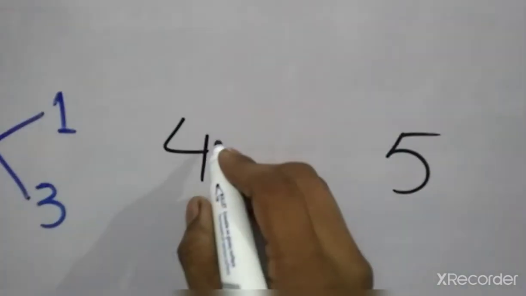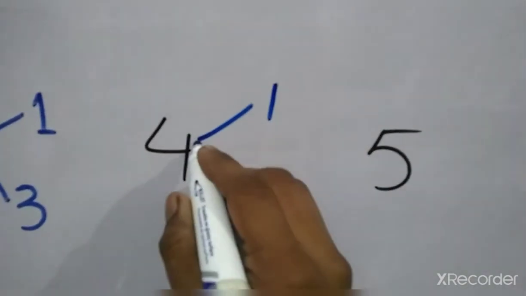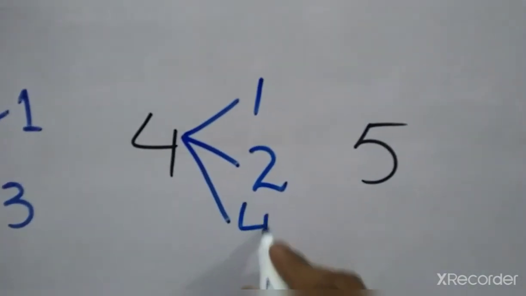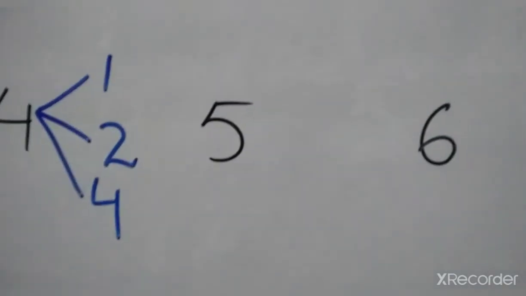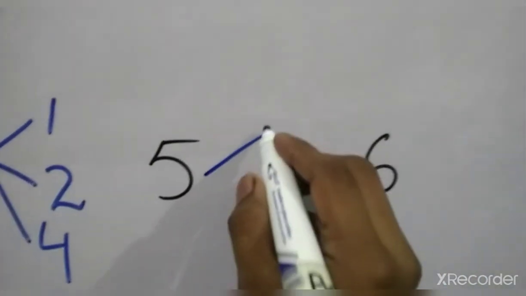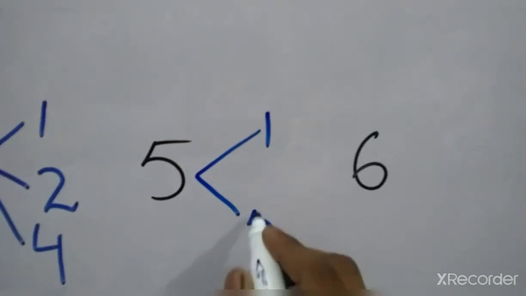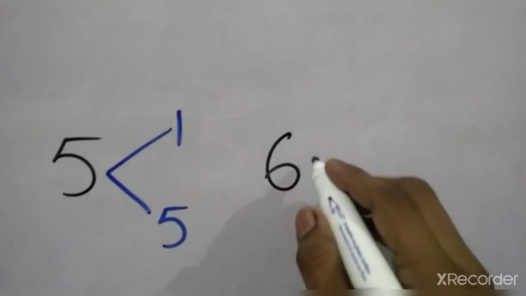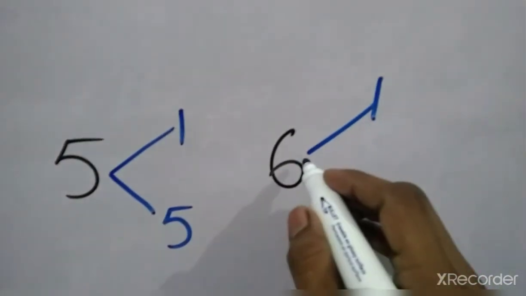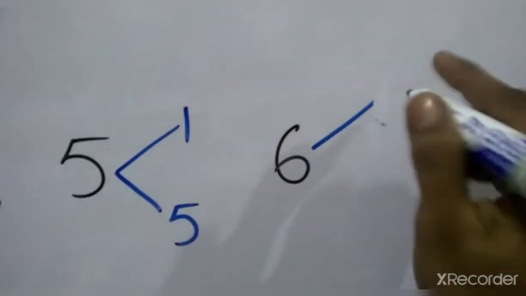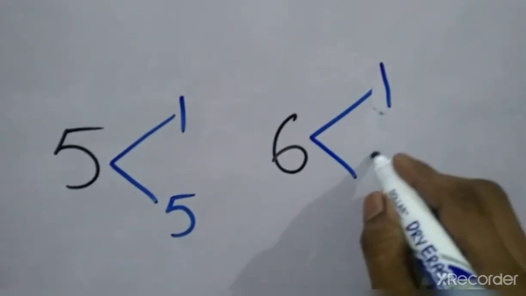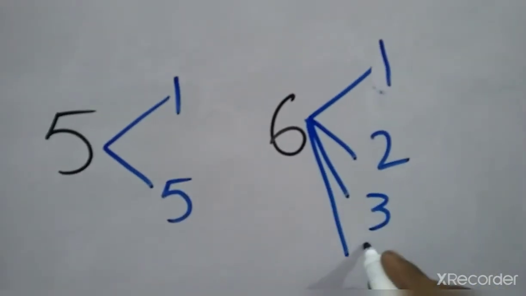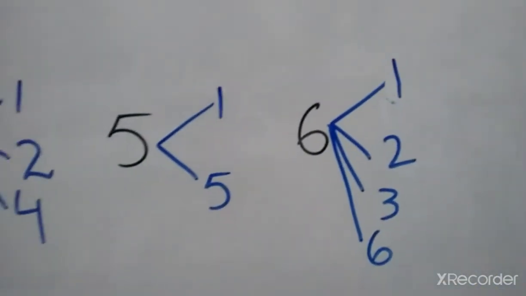4 के लिए अगर हम चेक करें तो 4 1 से डिविजिबल है, 2 से डिविजिबल है और अपने टेबल में भी आता है. 5 सिर्फ 1 से डिविजिबल है और अपने टेबल में मीन्स 5 से भी डिविजिबल है. 6 को अगर हम चेक करें तो 6 1 से डिविजिबल है, 2 से भी डिविजिबल है, 3 से भी डिविजिबल है और ये अपने टेबल में भी आता है. It means 6 से भी डिविजिबल है.